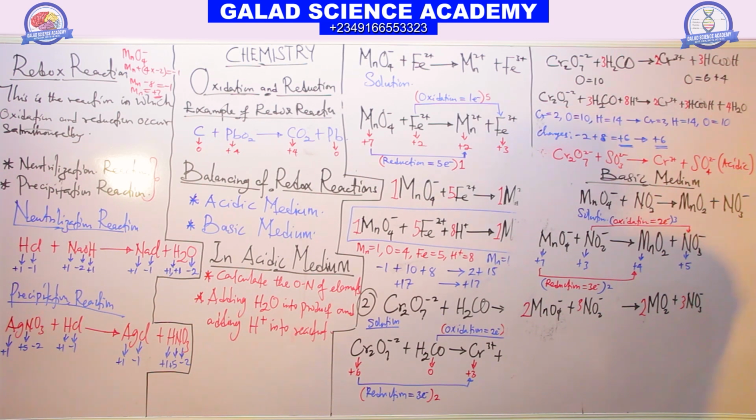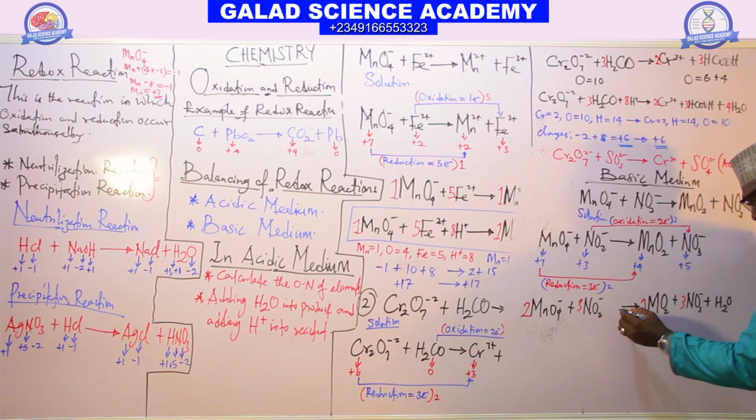Oxygen is 1. Therefore, we now add 1 molecule of water to this side. By adding 1 molecule of water to it, the next thing that we do here is: if this one is 1 molecule of water, this place will be